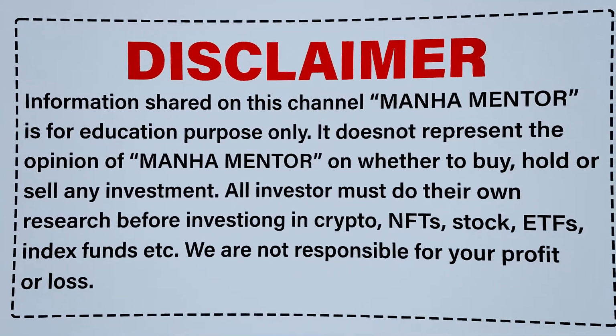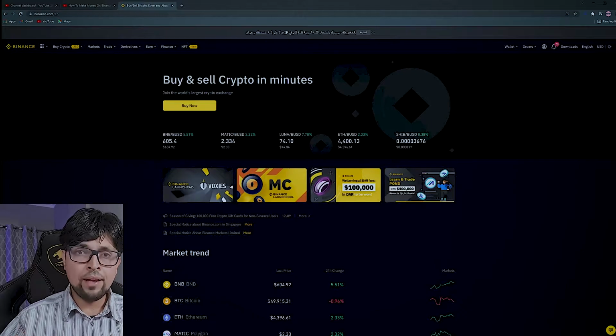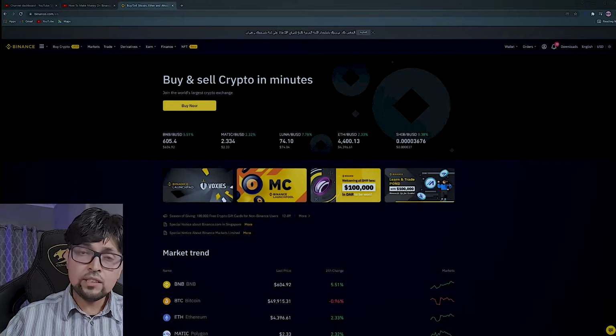So I am on my Binance account, and a quick disclaimer I will tell you, there is a probability of having a scam on P2P method. So if you are having a very big amount like 40,000 BD, 50,000 BD, then it's more preferable to sell directly to the exchange and pay a little fees. But if it's a small amount, then yes, you can use the P2P method.